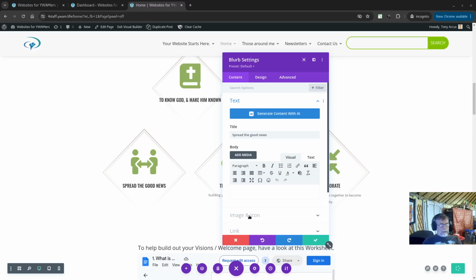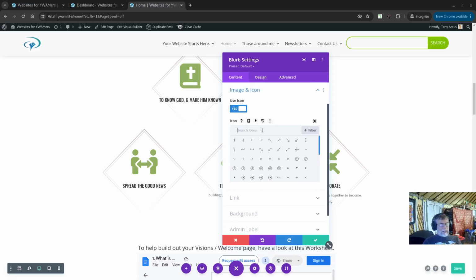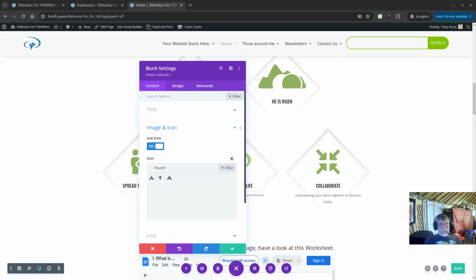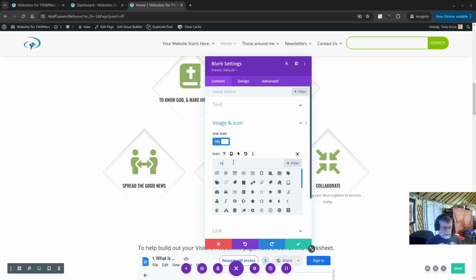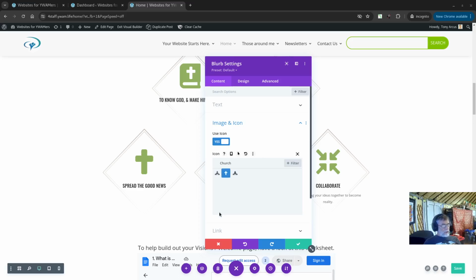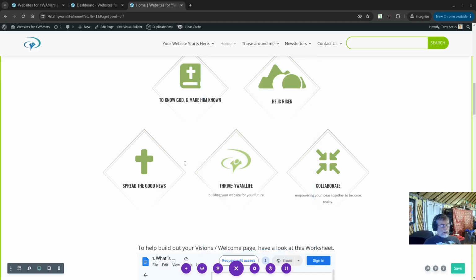vision statement. Now we want to change the icon. Let's change the icon. What could we change the icon to? A bit later on, we'll actually look at more icons, but what we have is we have a whole lot of icons that come with us. Literally hundreds and hundreds of icons. So I'm in here now, and I'm going to type, let's say if I type the word talk, doesn't give me anything. If I type the word preach, it gives me 2 little symbols that, yeah, you might like them. If I type the word church, I can put in the cross. And so now I have a new